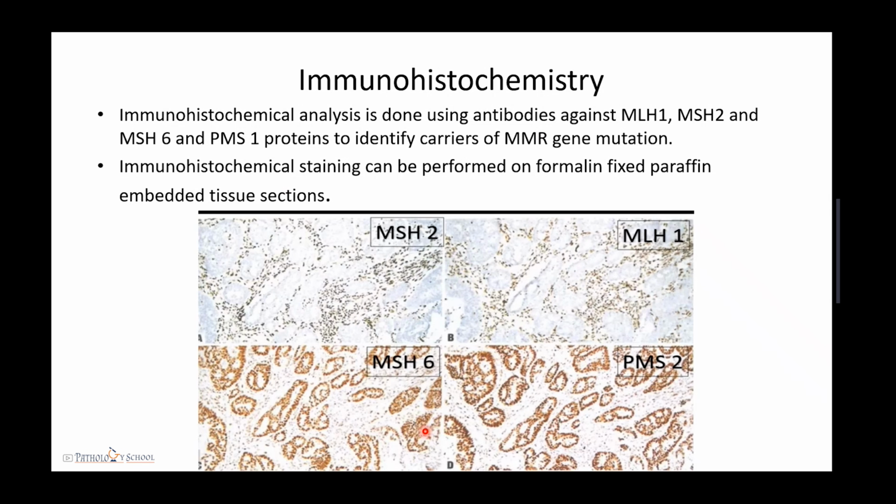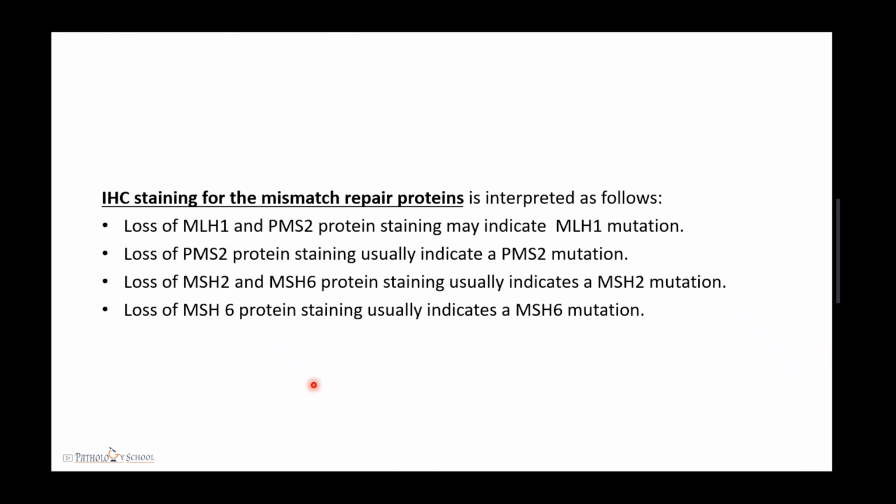Now, if I talk about MSH6 and PMS2 over here, the tumor itself has taken the brown color. That means it is positive for MSH6 and PMS2. Now, IHC is staining for the mismatch repair proteins. So, these are the various interpretations which we can have while we are looking at an IHC for the various